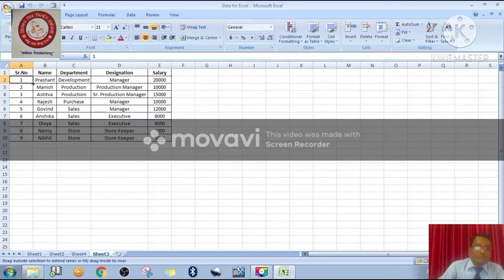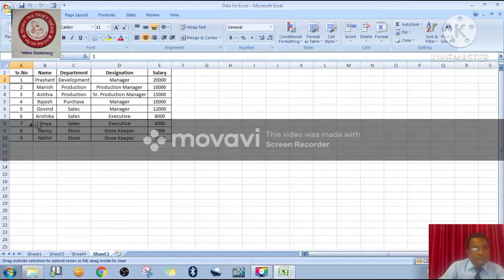If you see the status bar, it says: drag outside selection to extend series or fill, drag inside to clear. If you drag inside, the data will be cleared. If you drag outside, the content of the cell is going to be copied to the next cells.